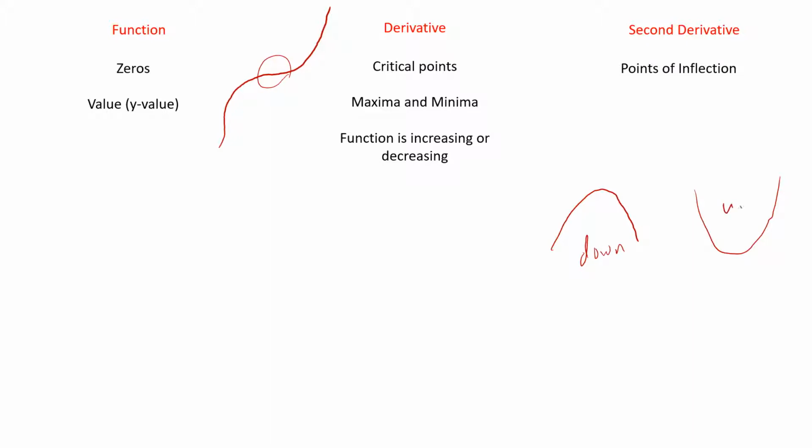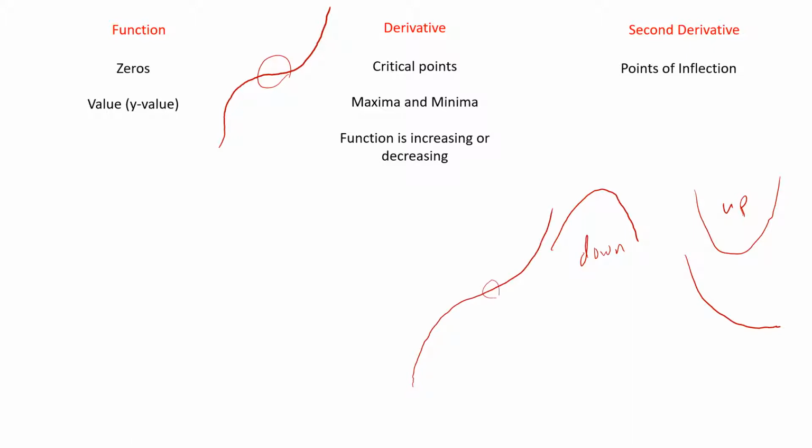So down, up. Concave up could hold water, although that's concave up, not going to hold water, but concave down definitely can't. So the second derivative gives us points of inflection, which would be when it changes from concave up to concave down, or vice versa. So if you're drawing